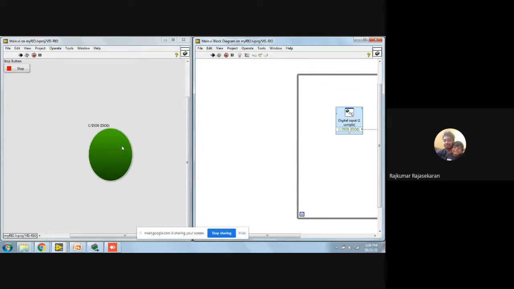Whenever you see this value changing, whatever code is running inside the Myrio is sending data back to your computer via the USB or Ethernet port, and you get to see the data here. When you click the stop button, that stop data goes to your Myrio via the USB cable, and the program inside your Myrio gets stopped. This is happening here automatically, and this will not work when your program is deployed inside.